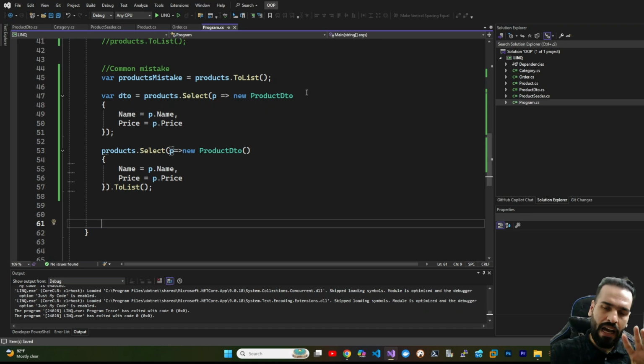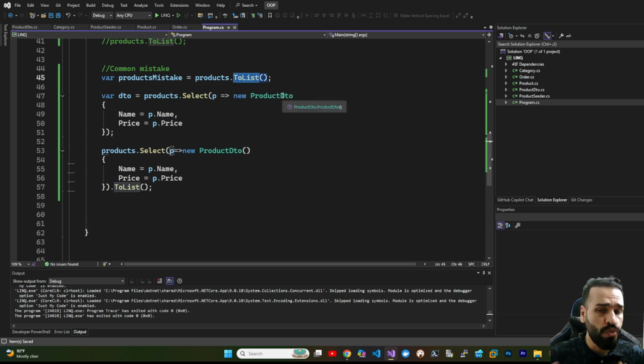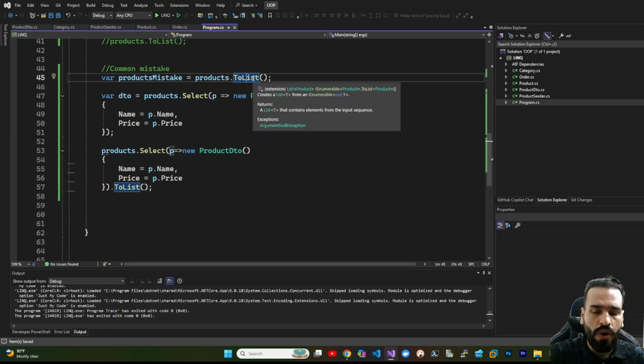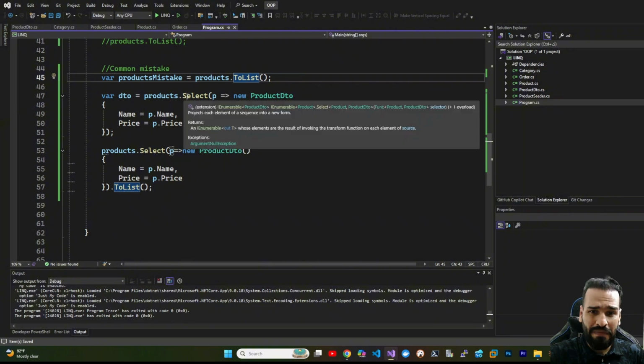It's something like IEnumerable and IQueryable. In this one, when we say ToList, in the previous episode I told you in LINQ we have two parts, deferred execution and immediate execution. When you are using ToList, it means immediate execution. It means we want to connect to the database and bring all of the data. When you use ToList, all the columns and all of the data load into memory, and after that